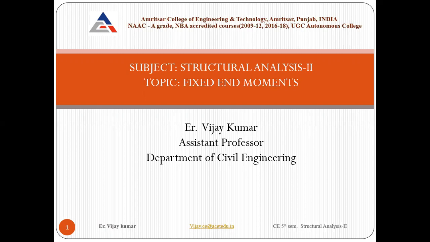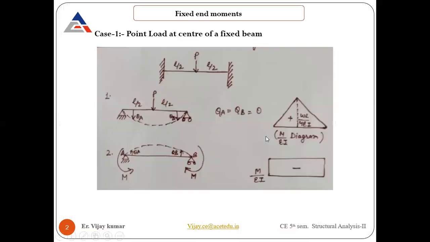So let's see one by one each and every case for different kinds of loading in a fixed beam, and how to find those values. The first case which I'm going to take here is a fixed end beam, as you can see here, having a point load acting exactly at the center of the beam. Obviously it splits the beam length into two parts, L by 2 and the other also L by 2. In that case we need to find here,